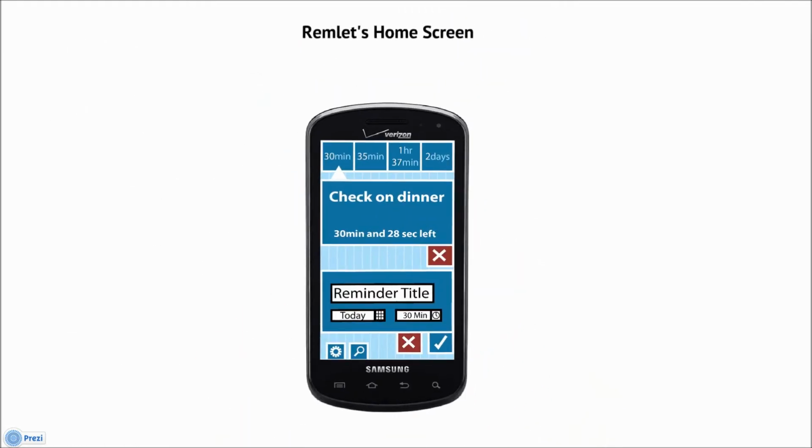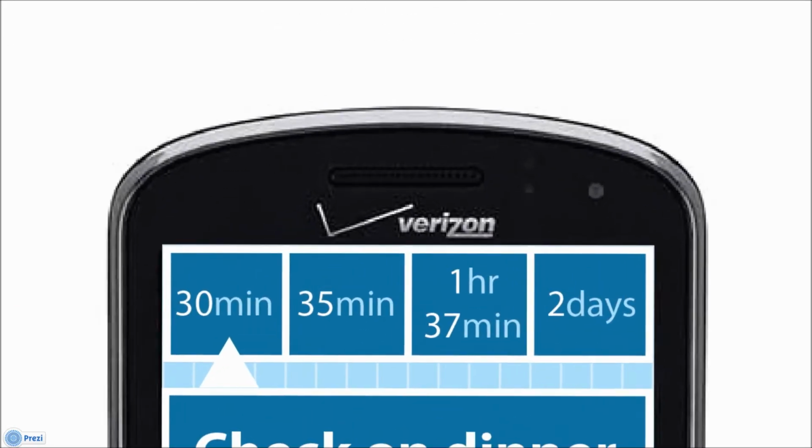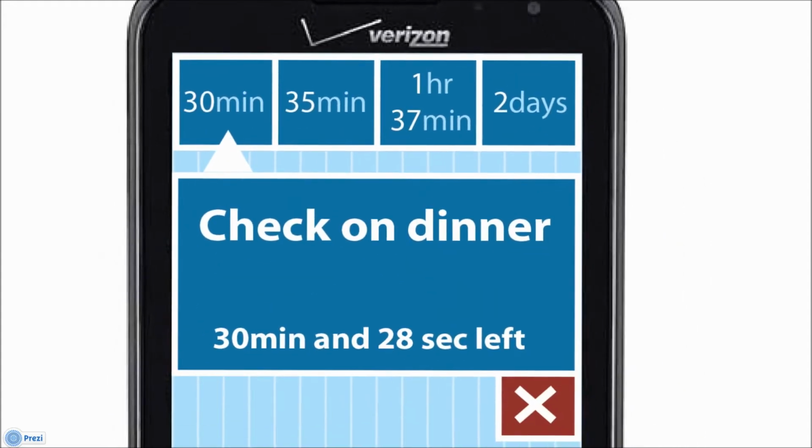Take a look at the home screen for the app. At the top here, you have a quick access agenda which contains several of the reminders that are going to occur next. You can scroll side to side to see even more reminders down the road if needed. Swiping down on this bar causes it to be replaced by a bar of red reminder squares, also known as a reminder archive. Pressing on one of those squares causes the title and a more specific countdown of the reminder to show below in the description viewport.